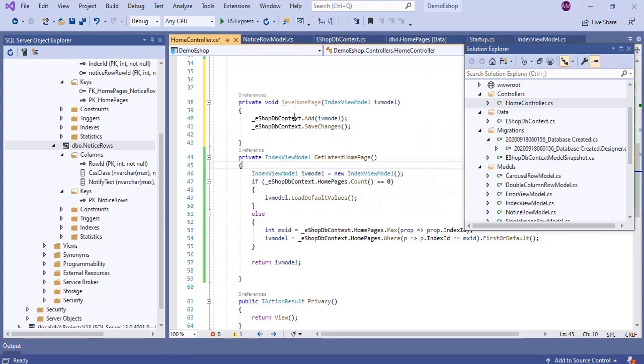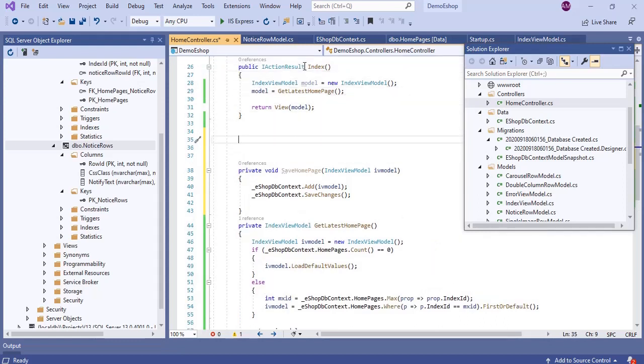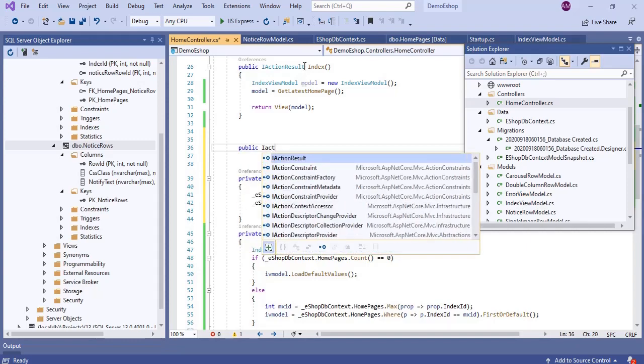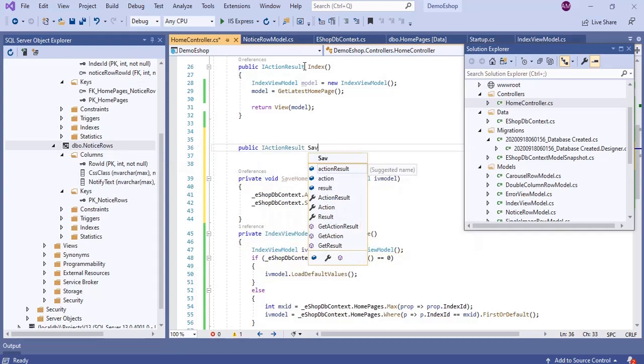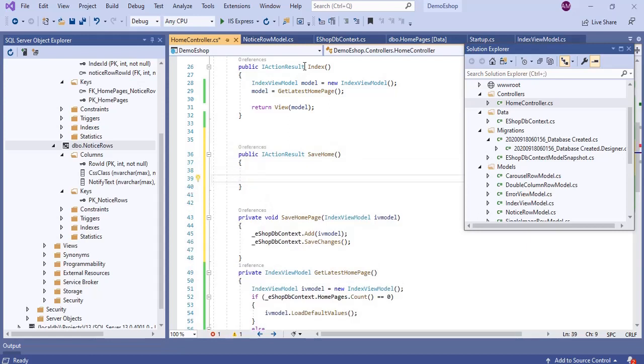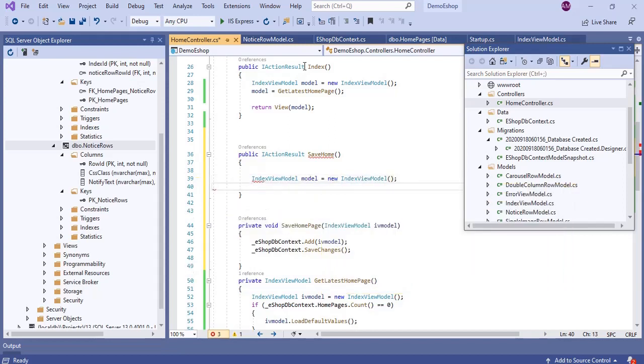Done. Then we need to call this in the controller method, because this is a private method. Private method cannot be called from the outside. So we'll create one controller method, IActionResult of SaveHome. Then here index view model is equal to new of index view model dot load default values.